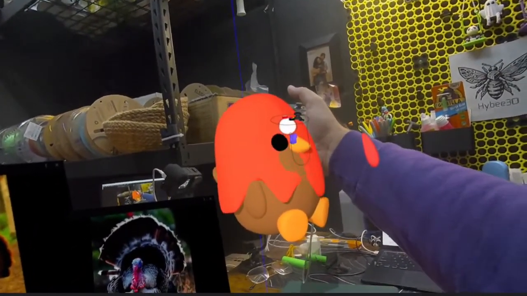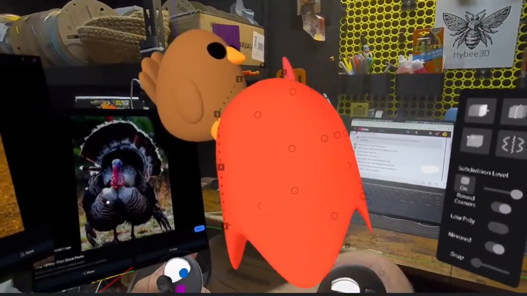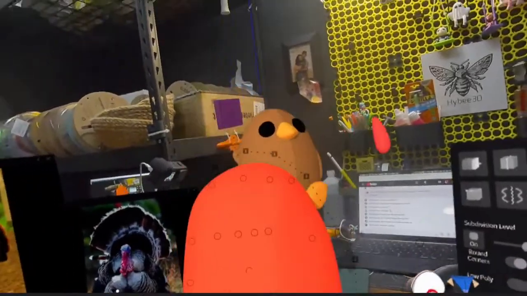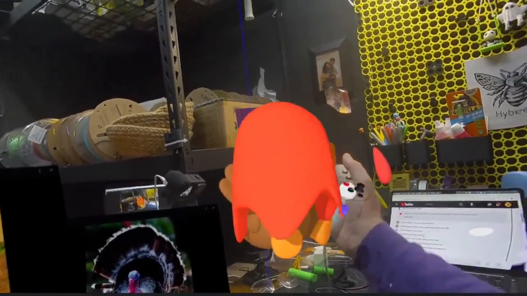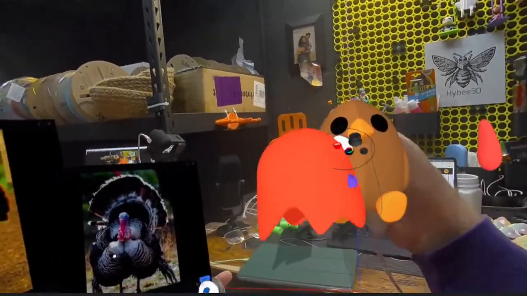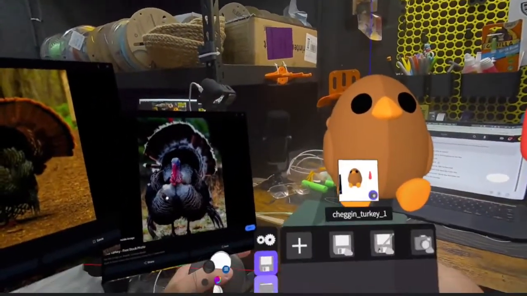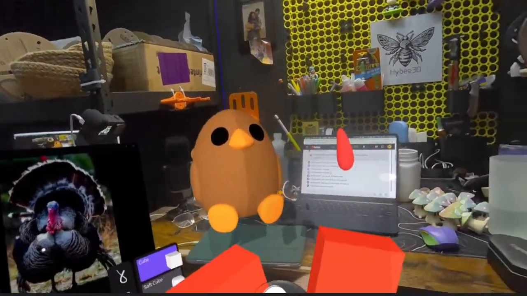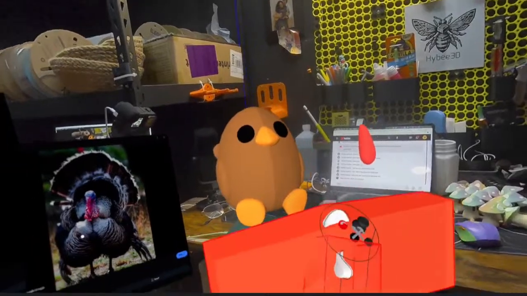So the idea is that we make, it's a terrible execution, but a feathery top for him, where the transition between his head and the rest of his body is kind of like a hat on him. See. But it's still in the early stages, so this is a trust the process type of situation. Okay, yeah, copying the chicken's body may not have been the way to go. Let's go back to the sketch tool and go back to our basic block here and work from there because that's pretty rough.